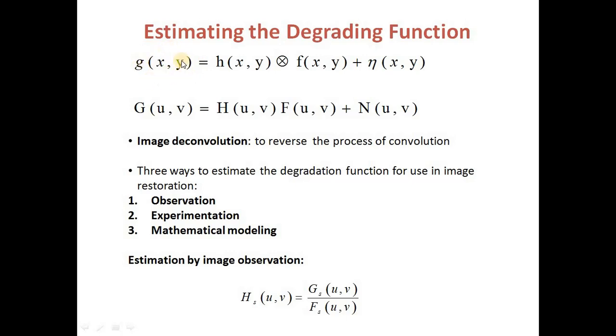will try to restore the image, we will have to perform a process which will be called deconvolution. We want to reverse the convolution process, and hence you will realize that process as a deconvolution process. So image deconvolution is the reverse of the process of convolution. It is being done so because the degraded image has resulted out of convolution.